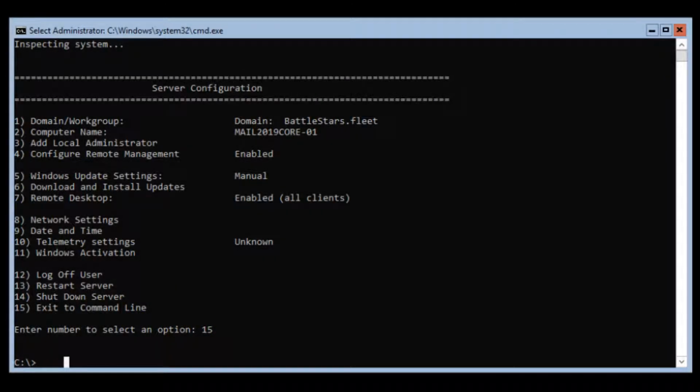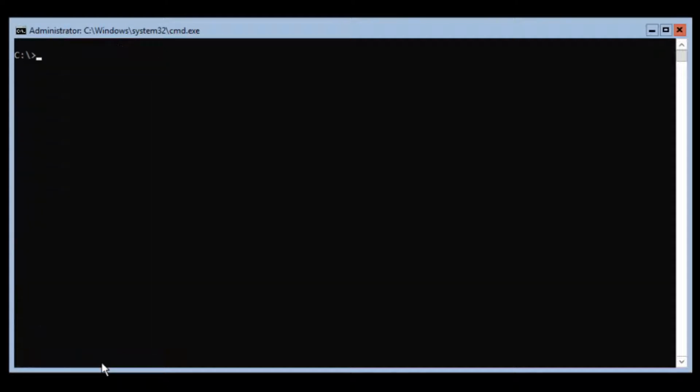Now, one of the next things we want to do is enable remote PowerShell access on our core server. Again, remember the whole idea behind a core server is that it's managed remotely. Remote PowerShell, Windows Admin Center, RSAT tools, Server Manager, all those tools that are available on, say, a 2019 member server or a Windows 10 workstation can be installed and configured to manage a core server remotely. So in the core server setup process, we want to enable that functionality. Standard procedure. So let's go into PowerShell,